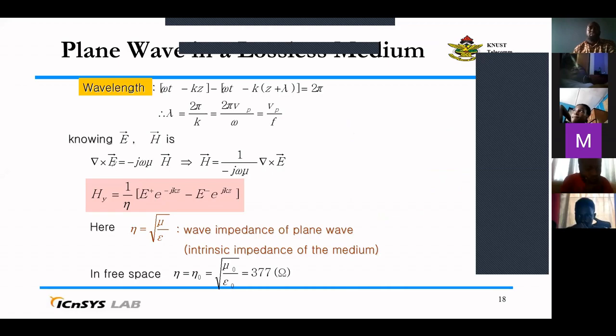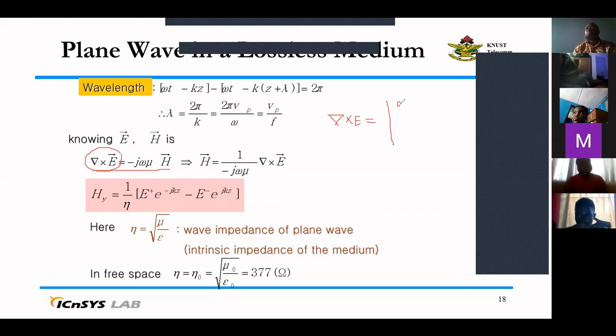Now we can find H also in terms of what? E, because curl of E equals minus j omega mu H. Therefore, if you perform this operation, curl of E, and I know you have done that in your tutorial sessions. So E is only EX. Curl of E actually will be